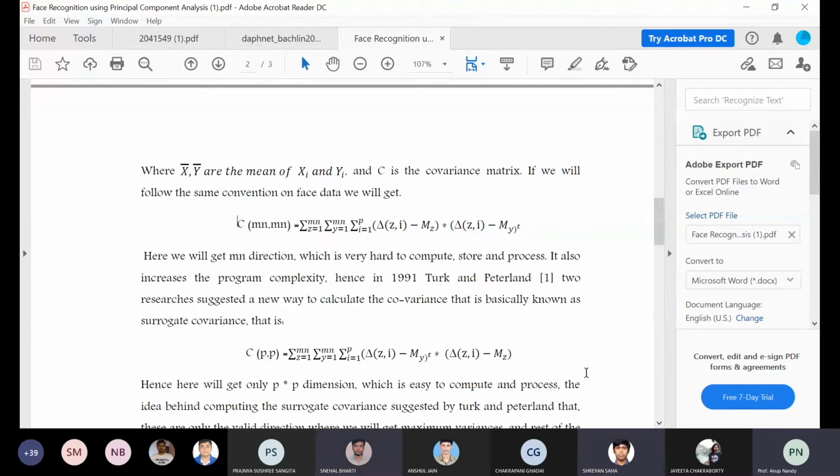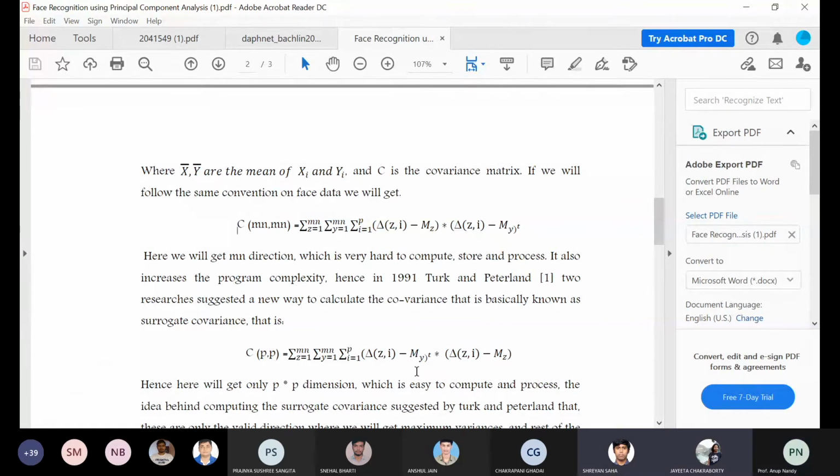Yes, sir. I'm saying that this mz shouldn't be here, because that would mean we are subtracting the mean twice, once above and once below. He's saying that in the second equation mz shouldn't be there. Only in the third, you're saying, right? No, in the third one also it shouldn't be there, because we are just changing the order in the surrogate matrix covariance part. So it should be just del zi transpose into del zi, performed on this equation.